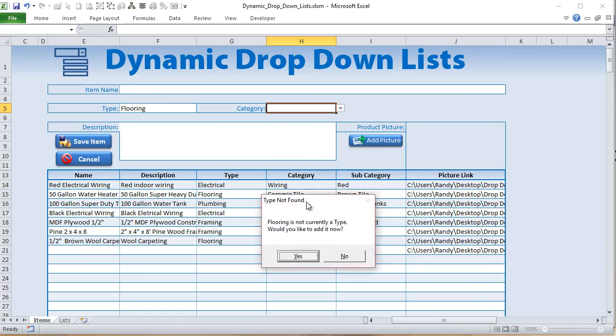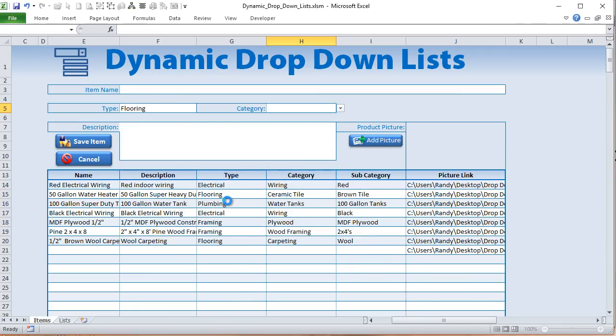And it's going to tell us this is not in the list. Do we want to add it? And boom, just clicking yes, and all of a sudden it's in the list, just like that. We can do the same thing with category. We don't have any categories because we just created this type. So maybe we want ceramic